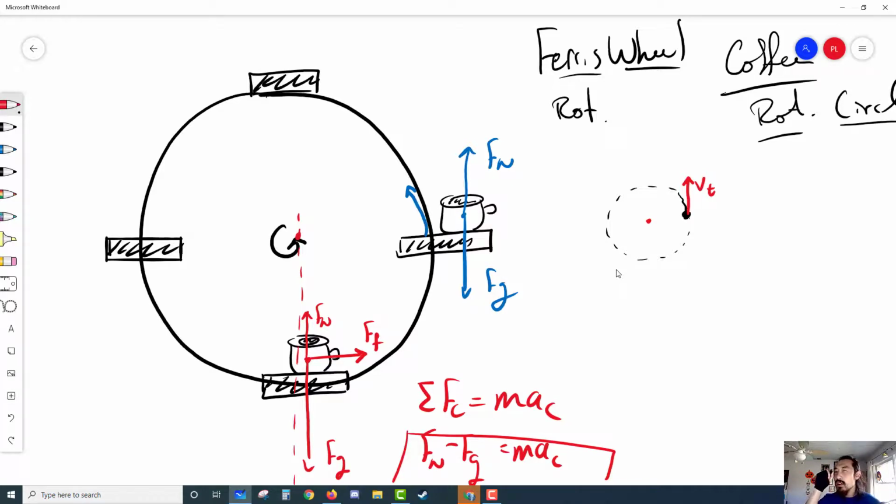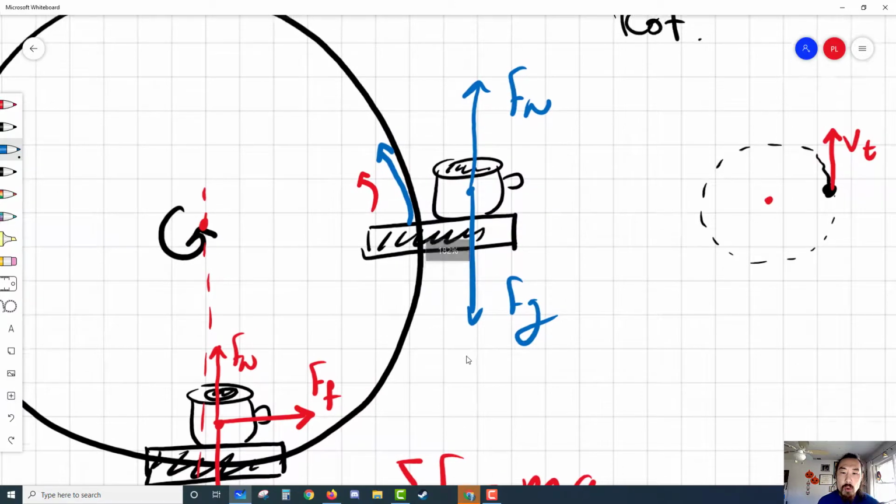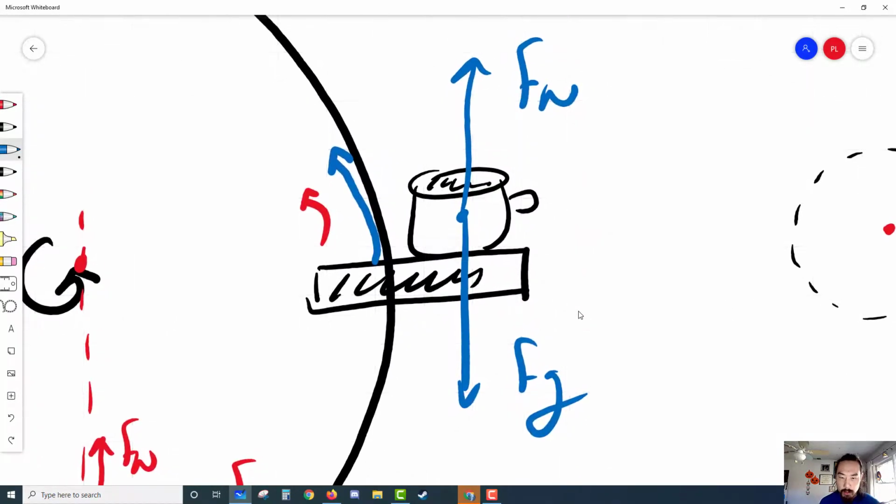But now I want to focus on the leftward portion. It's going to spin up and to the left. It's already spinning upwards, but now it's going to be spinning to the left after some time passes. If it's going to be moving up and to the left, that must mean that there is a force that is causing it to move in that leftward direction. That's where this entire magical centripetal motion happens. The reason there's a force pointing in the leftward direction is because there's a force of friction pointing to the left. Otherwise, when this platform is moving up and to the left, if there was no friction,